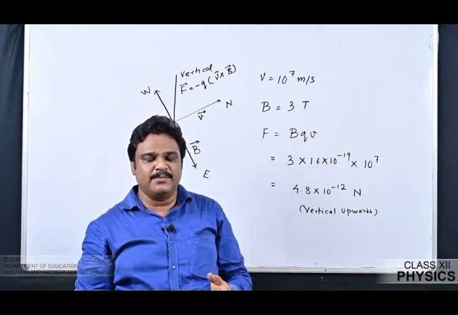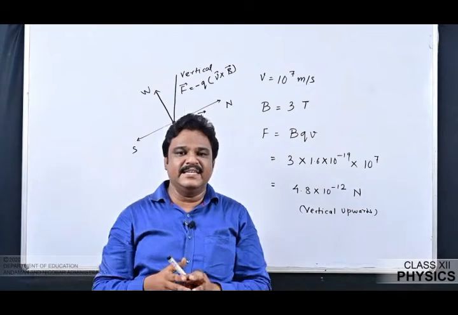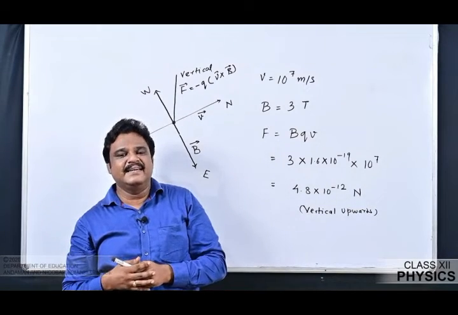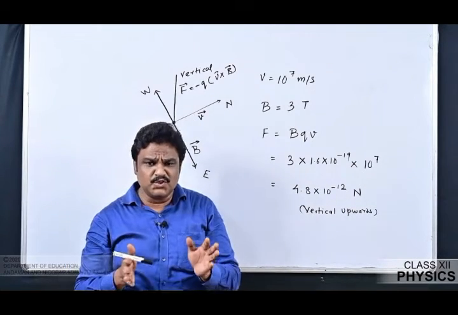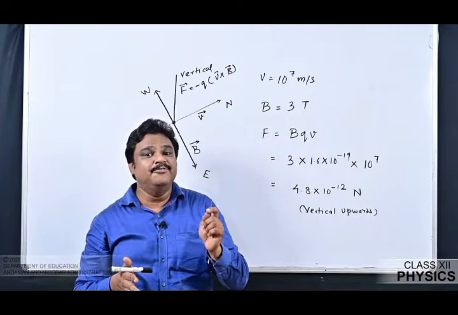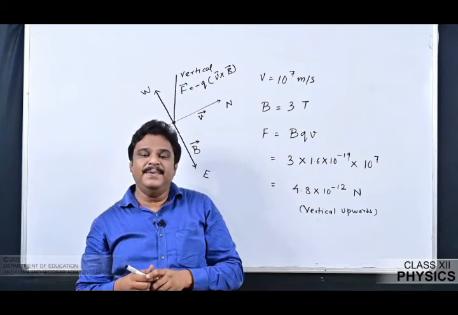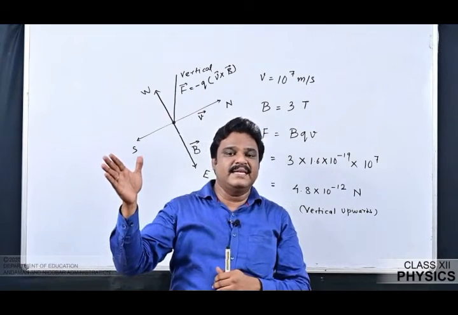What about the vector product rule? You are going to apply that rule. But while working with a three-dimensional figure, a little care should be taken to get the direction. Ultimately, the direction of the magnetic Lorentz force will be the direction of V cross B. The screw has to be rotated from V to B. Or you can use the right hand thumb rule.